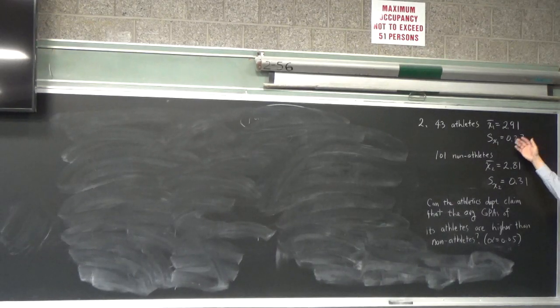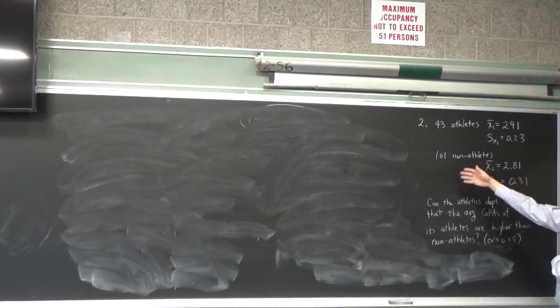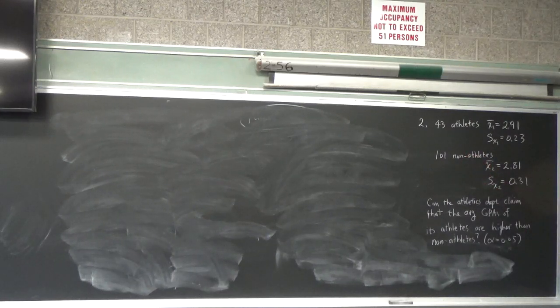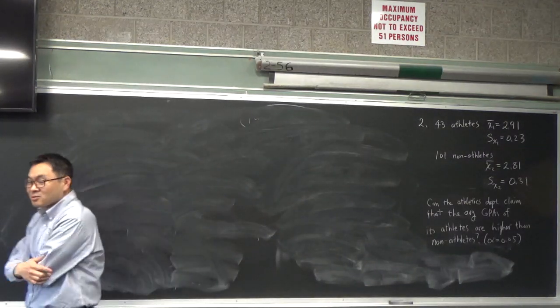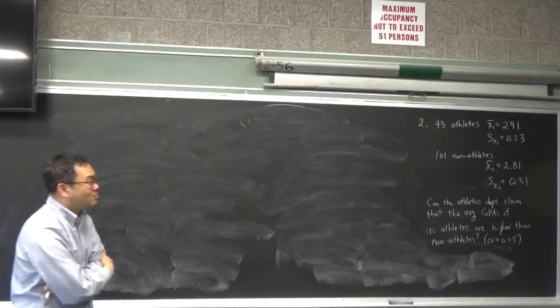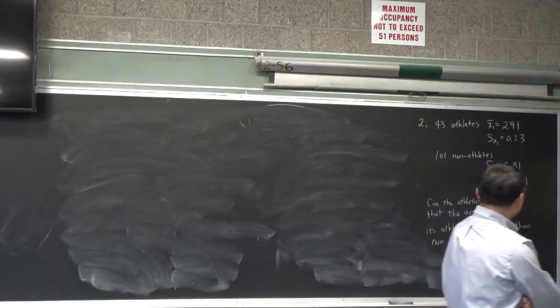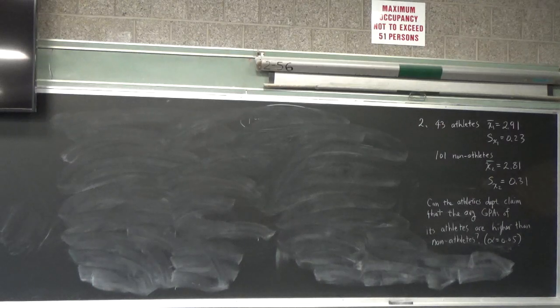So they got 2.91, standard deviation 0.23. And then they also noticed that when they sampled 101 non-athletes, their average GPA was 2.81, and the standard deviation of the grade point average was 0.31. So the athletics department is quite excited. Hey, 0.1, that's a significant difference, I think. They want to actually prove that it is. So we should